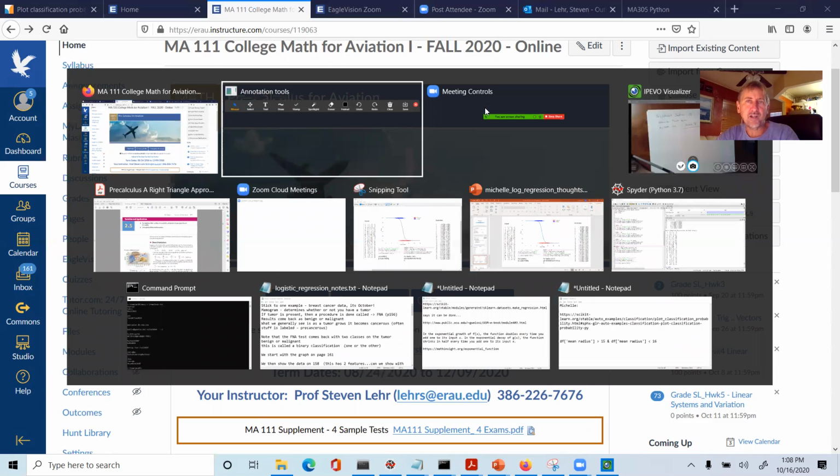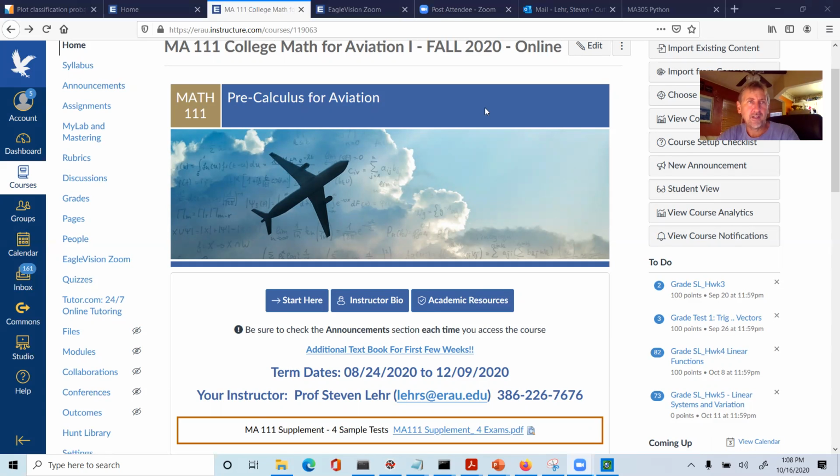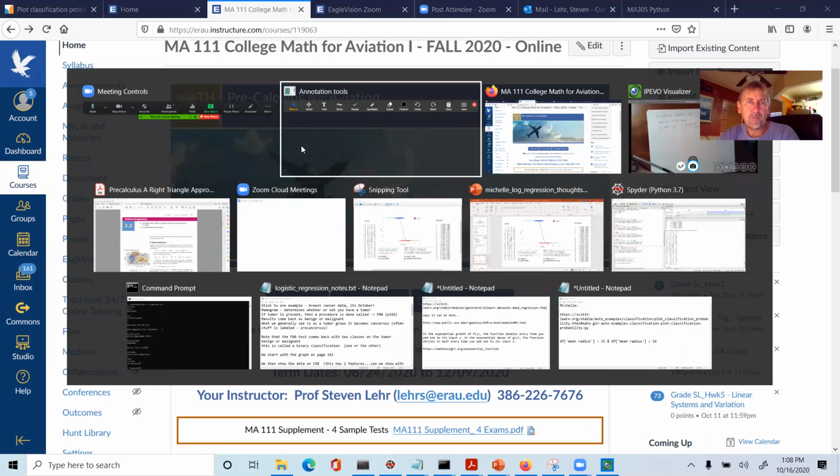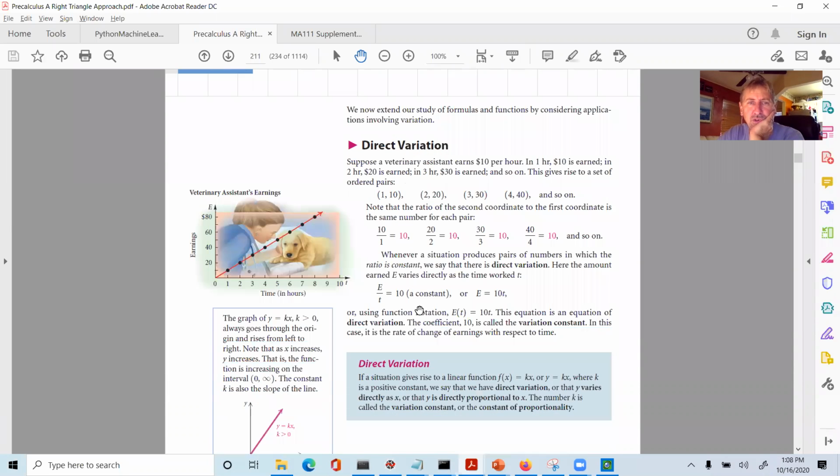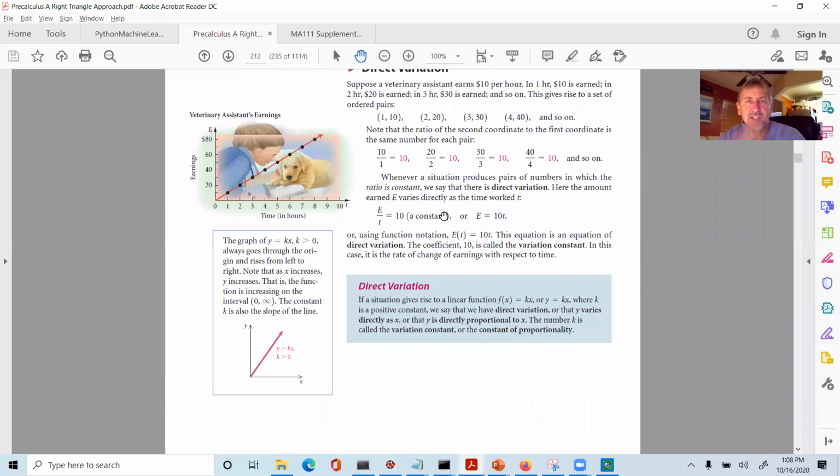The problems I'm going to cover today are going to be, well, we can go back to that alternate textbook for a little bit, right? We start with direct variation, and we see these terms. We know it's a direct variation problem when it tells us y is directly proportional to x, or most of the time we see something like y varies directly as x. And at first I really didn't like that